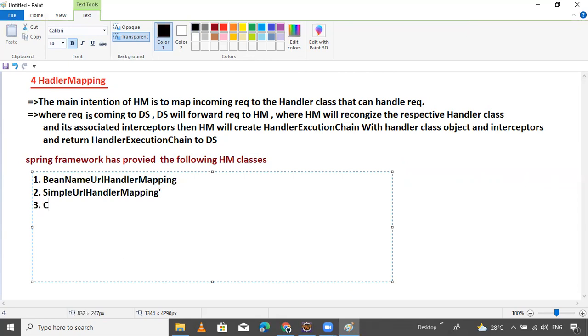The third one is ControllerClassNameHandlerMapping. Now the fourth one is the commons path map handler mapping.